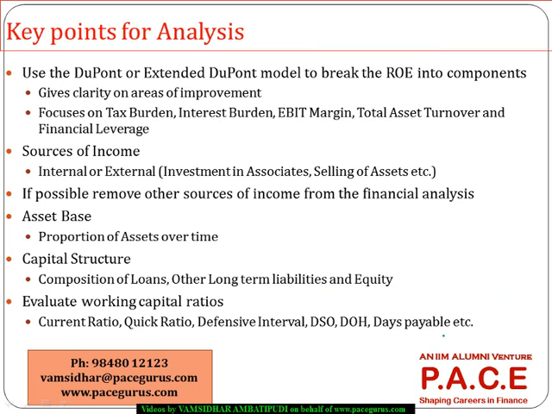Then the other thing that is suggested is to look at the sources of income. Look at the breakup of the revenues or the breakup of net income. Are you getting these revenues and profits purely from the operations of the company, or are they because of the non-operating? So see the proportion of operating profit versus non-operating profit, or operating revenues versus non-operating revenues. If possible, remove all the non-operating revenues from the assessment of the performance of the company, because